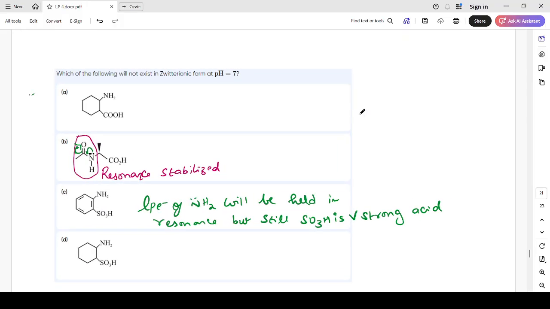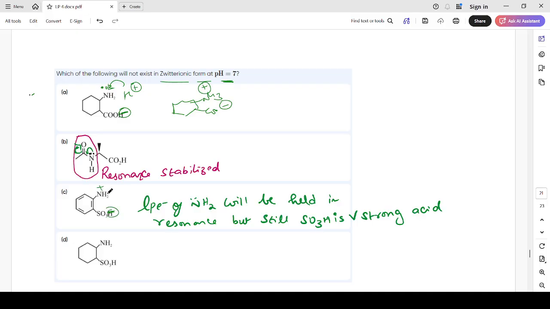Look at this question. Which of the following will not exist in zwitterionic form at pH equal to 7? In order to remain in its zwitterionic form, we can understand this COOH will release H plus and the H plus should be taken by the NH2 because it is having a lone pair. Only then zwitterionic form is possible. Here look at this, this will become NH3 plus, COO minus. Similarly here also,